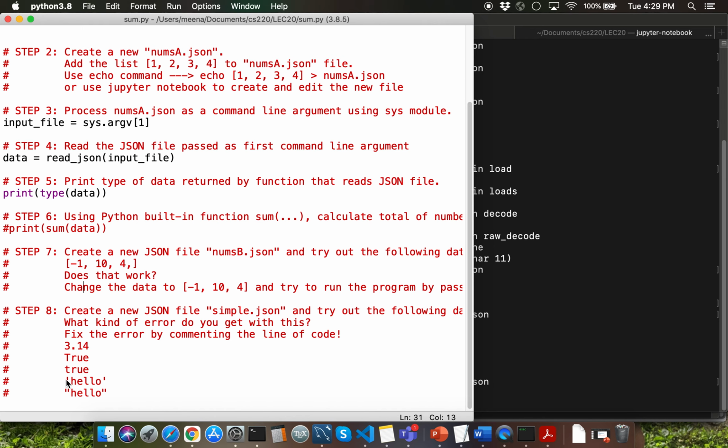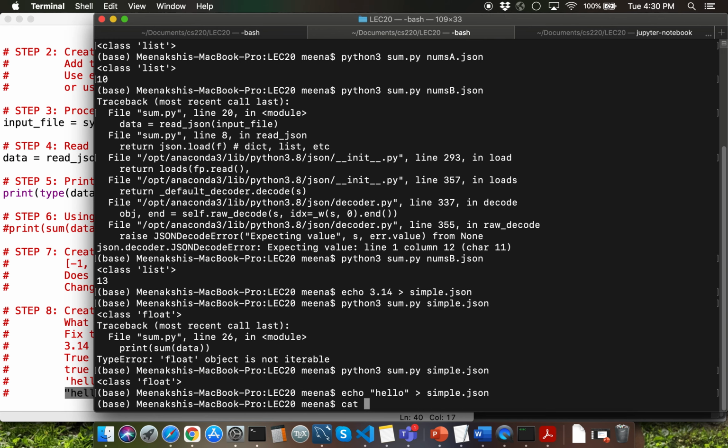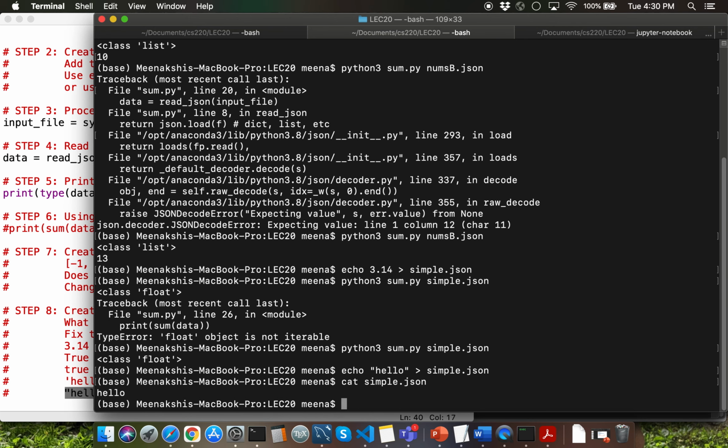One thing which I want to mention about the last two string values is that if you were to use the echo command to create that particular entry within simple.json, you'll have to use the escape sequence character. What do I mean by that? If we type in echo, double quotations, hello, and redirect that to simple.json, that's simply going to write the string hello and leave out the double quotations.